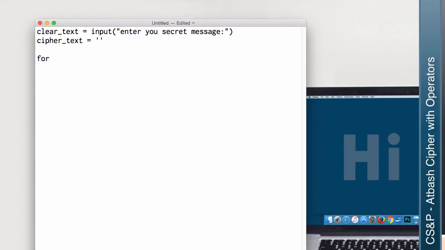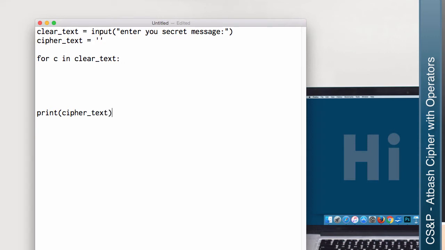So now we're going to actually create our loop. We used a for loop, right? So we did for c in clear text. So what this is going to do is for each letter that the user inputs, it's going to run this loop one time. So if they write hello, it'll run it one time for each letter. So that's what, 5? H-E-L-L-O. Yep, 5 times. And then when it finishes, then it will go to whatever's down here, which for us will be print